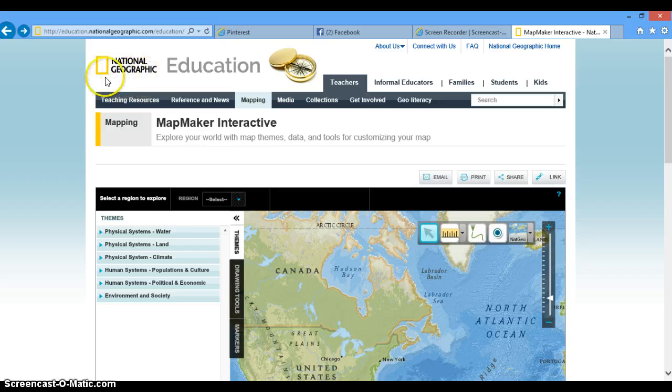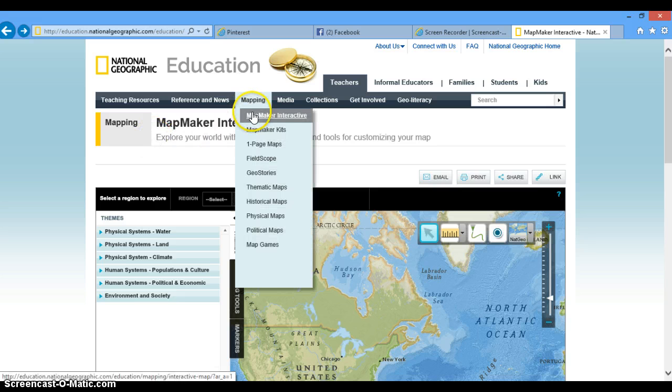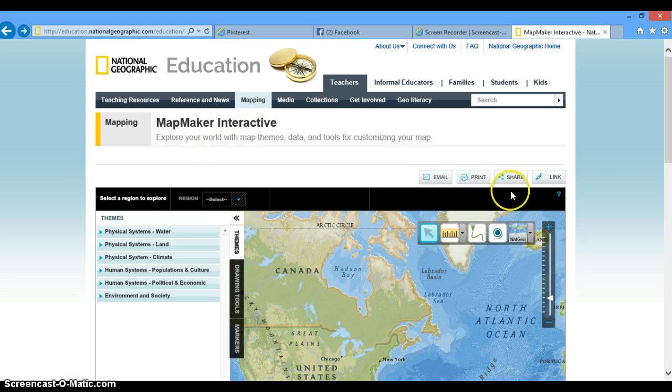I found on the National Geographic website. This resource, called the MapMaker Interactive, can be reached by typing in the link above and clicking on the mapping drop-down box, which will lead you right to this resource. I find this resource would best suit an assignment or lesson for my classroom because it essentially makes geography interactive